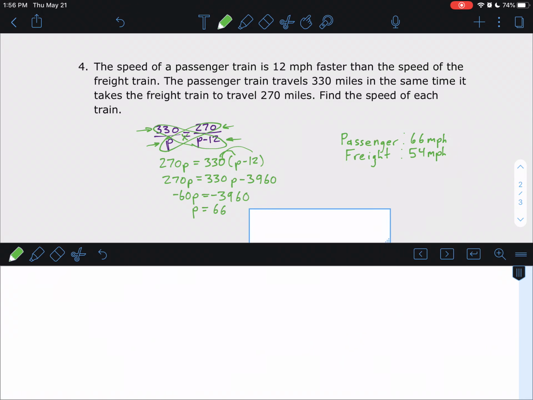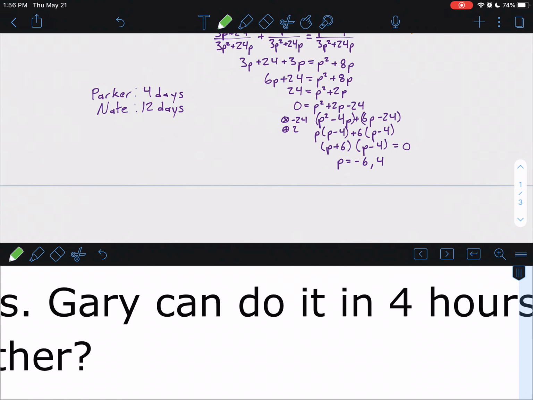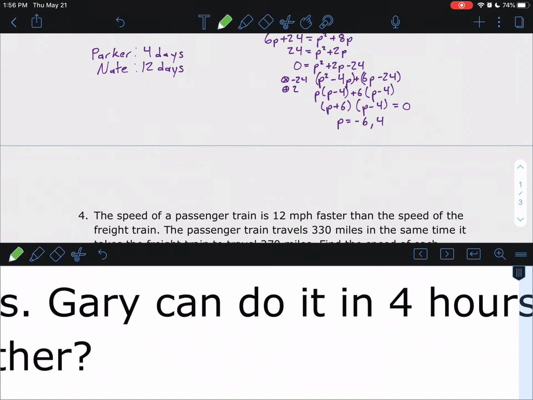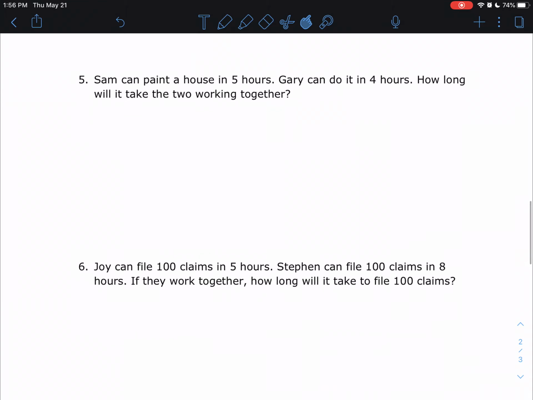Right, and that's all we have to have. And like I said, we were going to do the first four together, and then I was going to leave you guys on your own to do the rest. I'm going to help you set up a couple of them, but number 5, y'all can set up on your own. So number 5, I want you guys to set it up on your own, and I want you to solve it as well. Number 6, I'll let you guys set that one up on your own too,